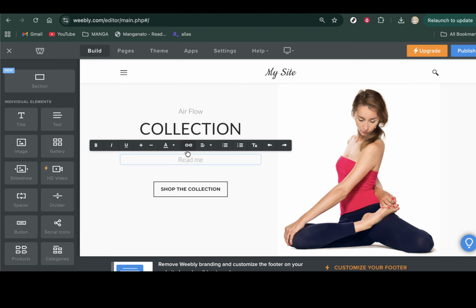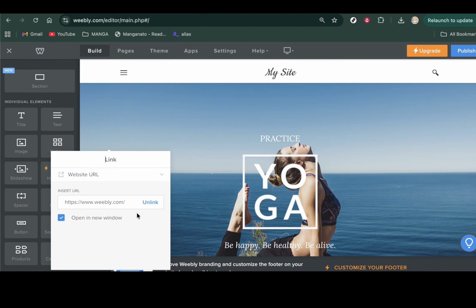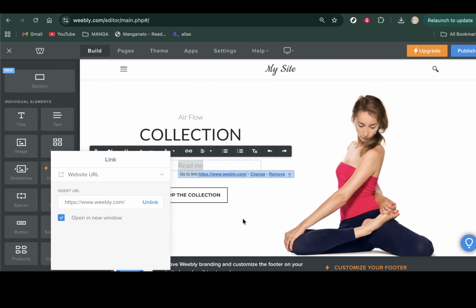If you ever need to make changes, just highlight the same text again and open the link window to update or remove it. That's all it takes. By keeping your anchor text descriptive and your URLs accurate, you'll create a smoother experience for your visitors and help them find exactly what they need with a